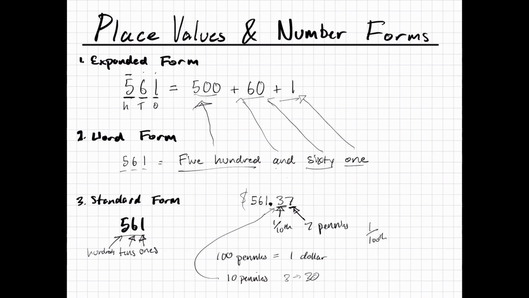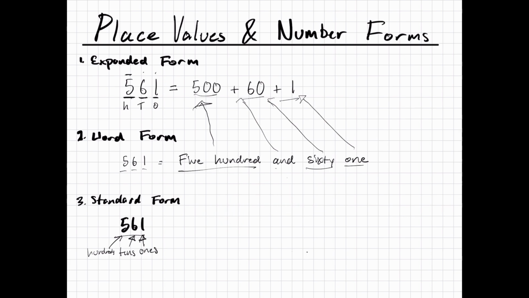Let's not imagine it with dollars anymore. Just think about it with regular numbers, right? If we were doing 561.37, what this is saying is we have 500 plus 60 plus 1 plus 3 tenths plus 7 100ths. Okay? So this would be the expanded form of 561.37, right? The word form would be